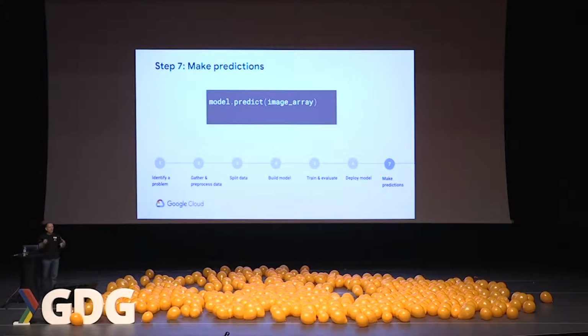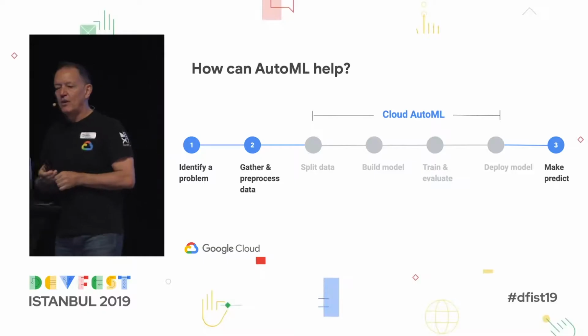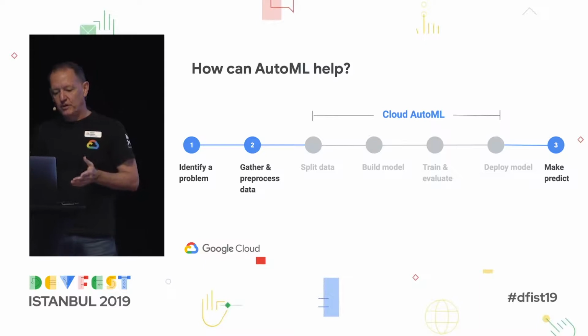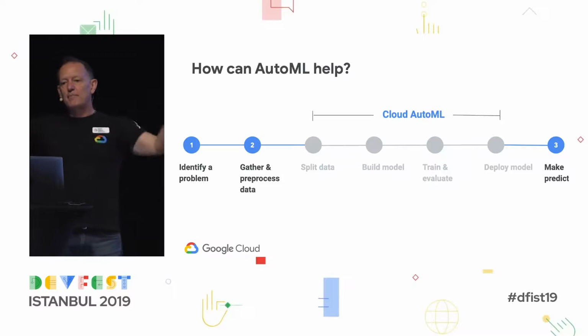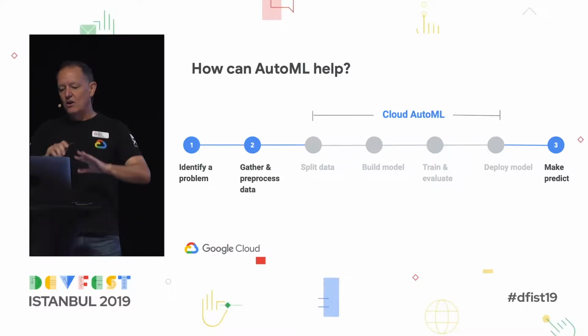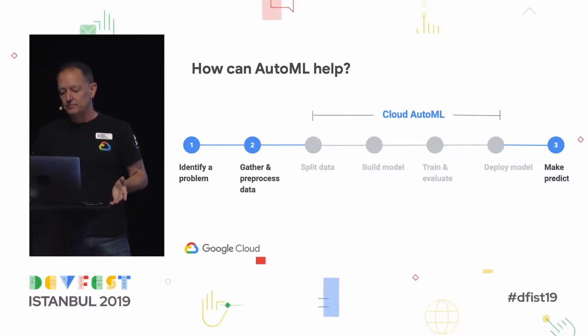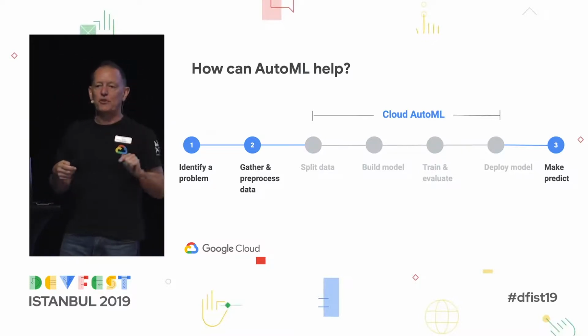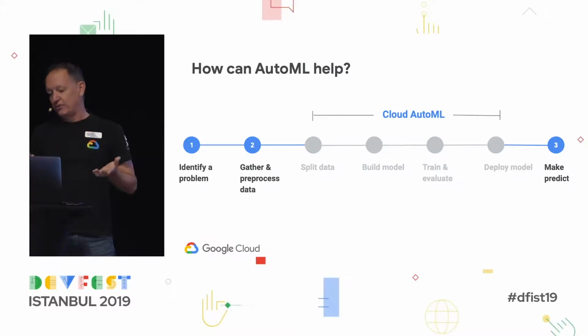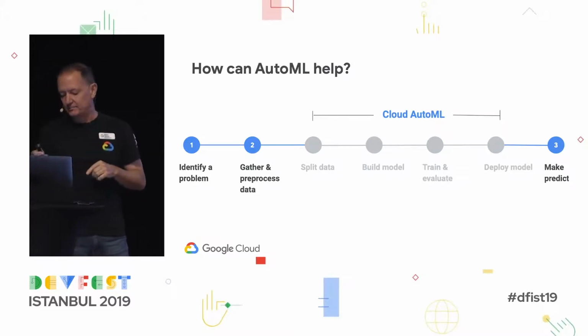So you can see where there's a lot of complexity. And if you're building these models by hand, this is weeks or months or years to make these things work well. So AutoML is going to make this a little bit simpler. We still have to identify the problem, we still have to collect our data, but all of that model building, training, separating the data, all that gets handled automatically by AutoML. So once you have the data tagged, you upload it, you press a button for training, and then you can get predictions. And we're going to see an example of that in a minute.